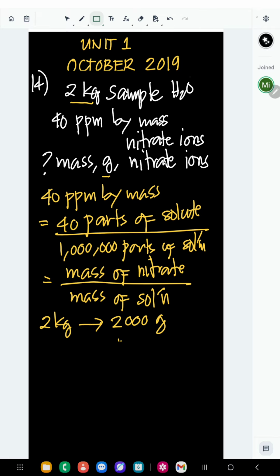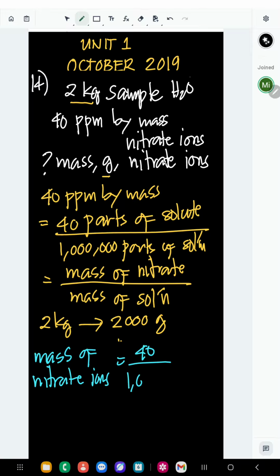Okay, mass of nitrate ions, that is just equal to 40 ppm times 2,000 grams. Then we get 0.08 gram, or we can write this in scientific notation, since the choices we have